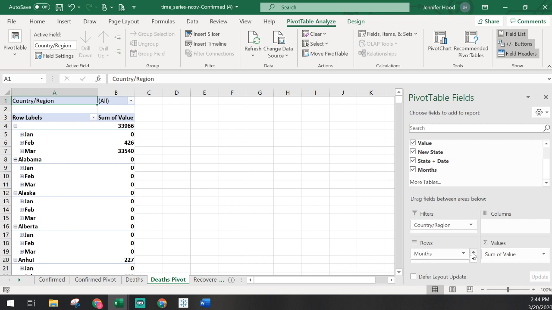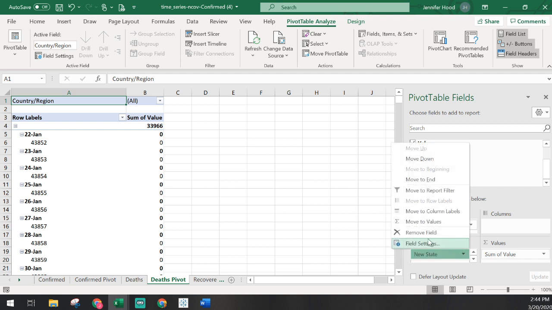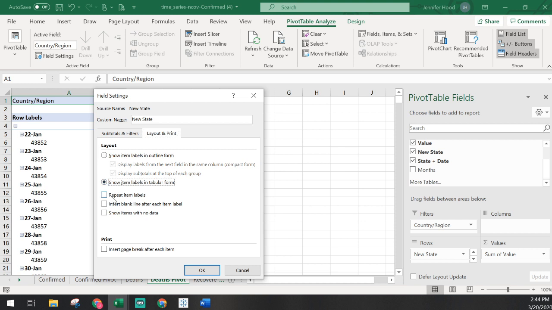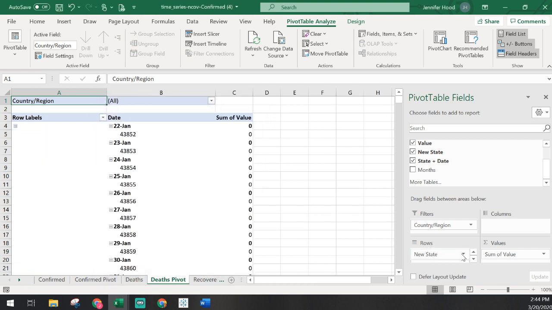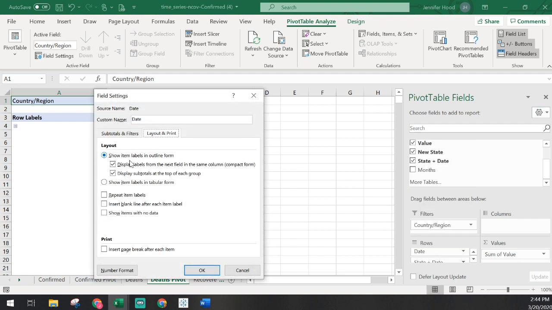And then we need to go through and make those other changes. So it automatically always throws this months in, trying to be helpful. We'll uncheck that, go to field settings, show items in tabular form, repeat item labels, and do the same thing on our date.